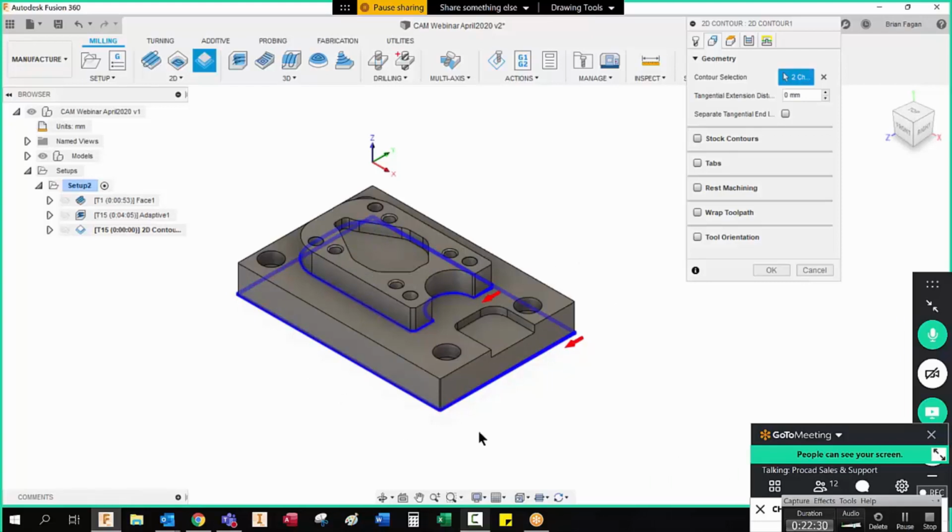These are the two faces that I want to finish up, and again I can select these arrows. Now it'll do the inside, so it'll cut from the inside out, which would be wrong. So just showing you that if the arrows are on the inside, you just click it and it jumps to the outside. So I'm going to OK that,